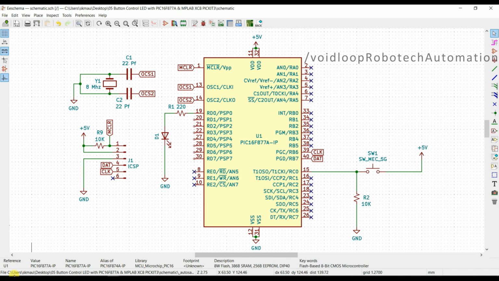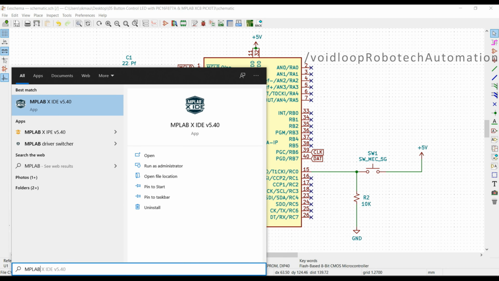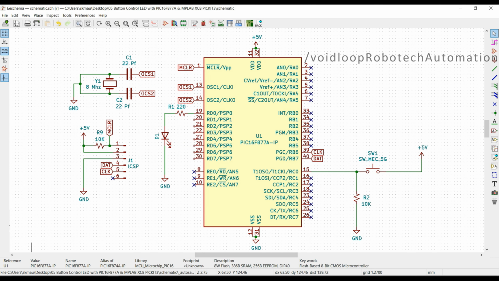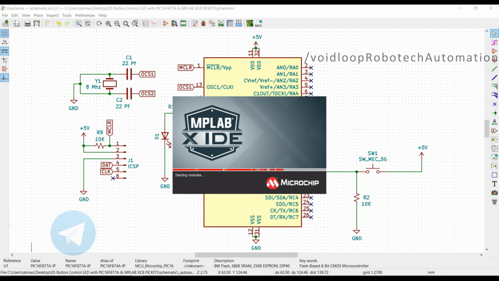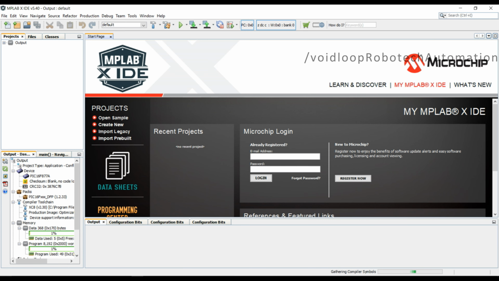I will go to the start button and search for MPLAB IDE. This is MPLAB IDE.